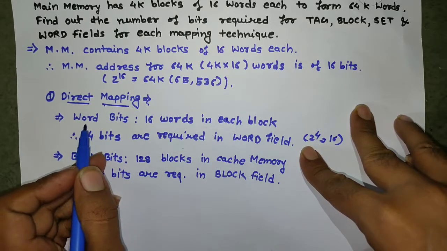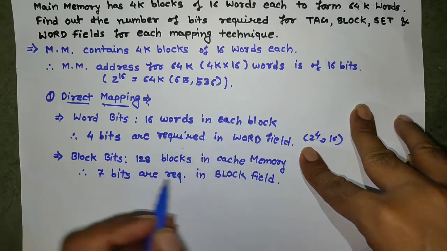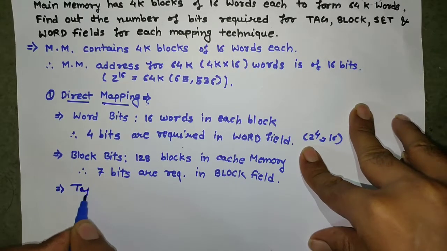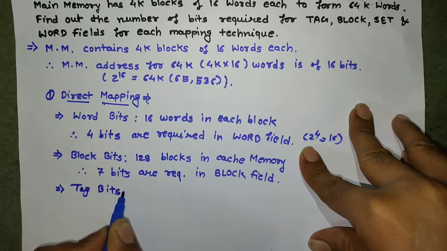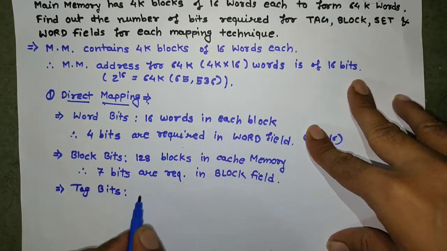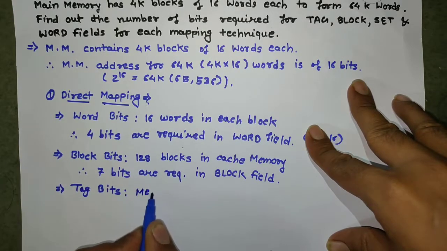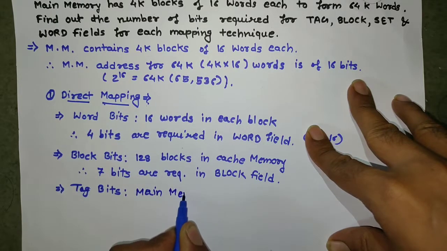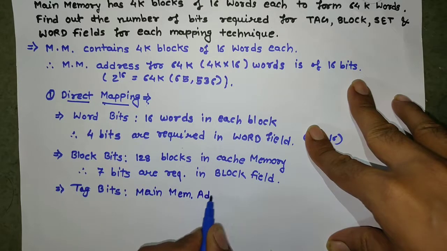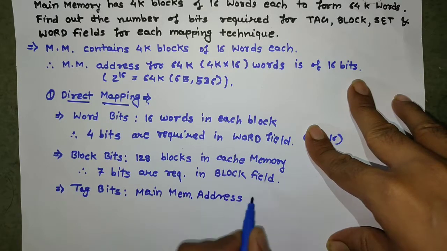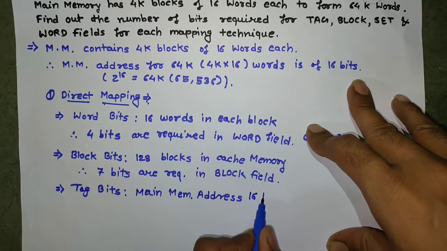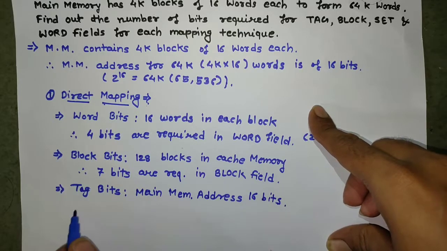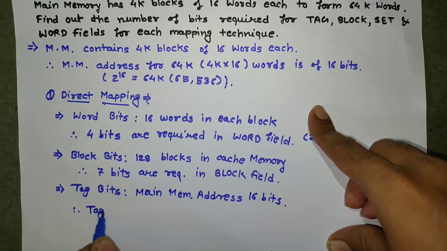So after finding word bits and block bits, we will directly find out tag bits. So for the tag field, how will we get tag bits? The main memory address is of 16 bits. This we have calculated here, is of 16 bits. Therefore total tag bits